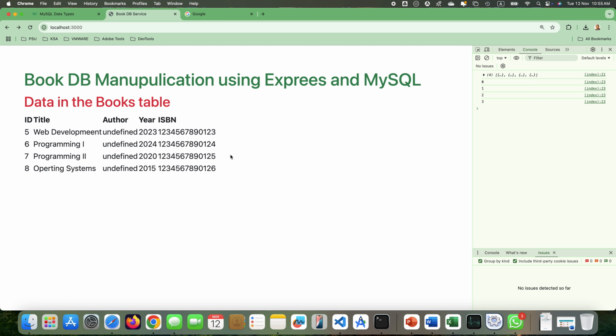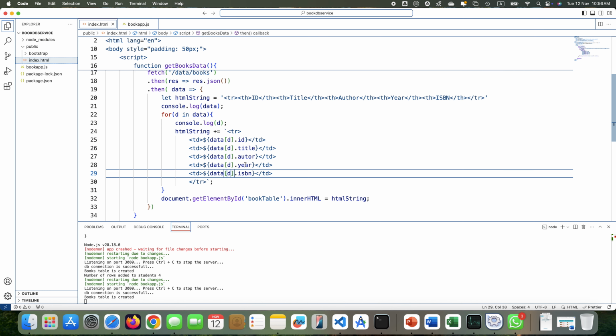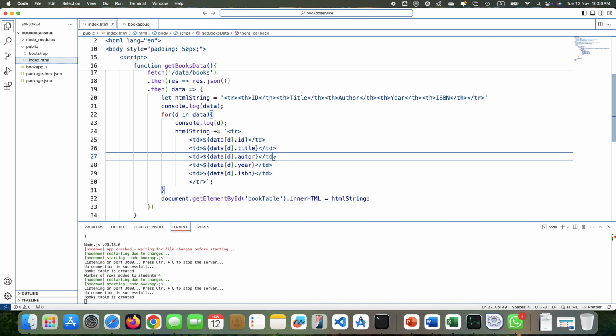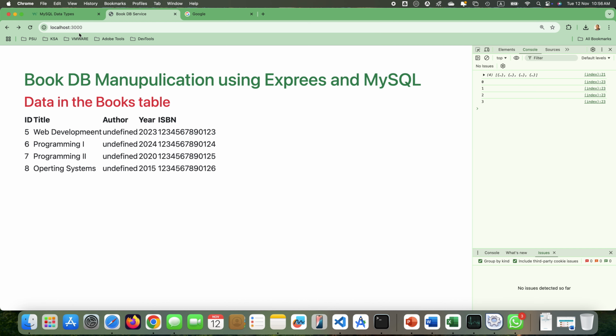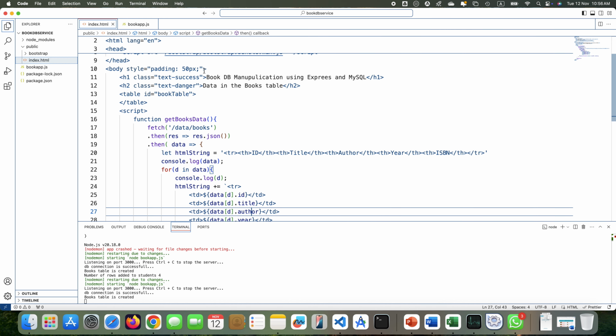Okay, so we have the id is 5 6 7 8 9 10, and then we have author is undefined. So where we are putting something here, author, if we refresh now, we will get the author as well. We are getting the year, we are getting the ISBN. We can make this table more,